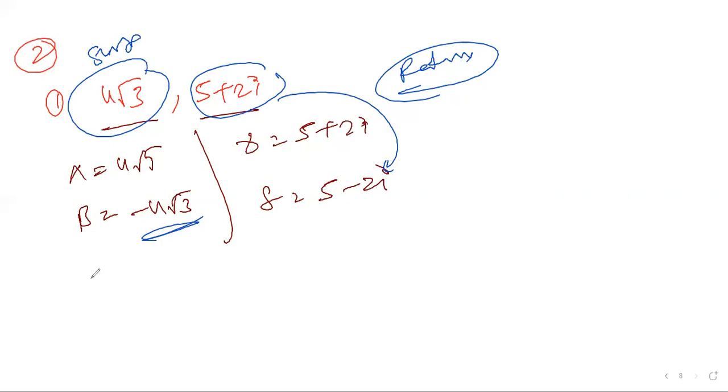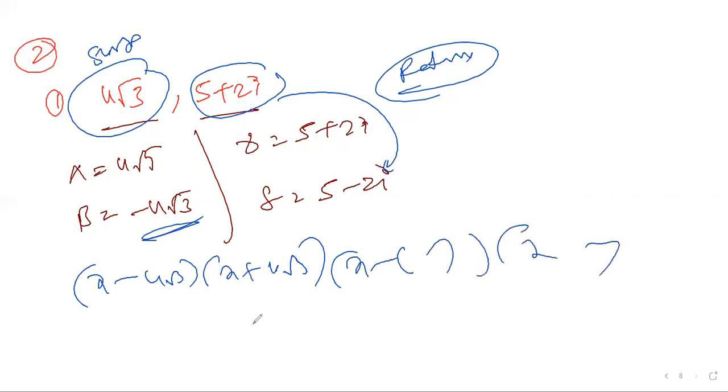With this, as I just told you, x minus 4 root 3, x plus 4 root 3, x minus like this, x minus like this. Please multiply, you'll get the answer. Easy way. Don't take a bypass, do it very simply. Next, in the second bit, we have one more question.